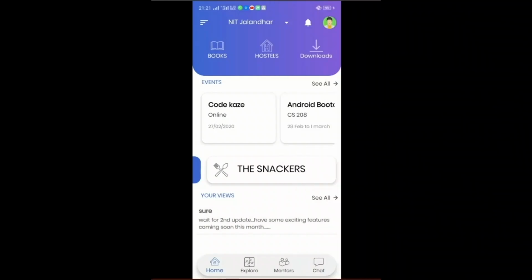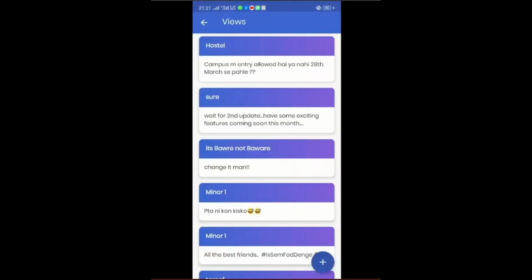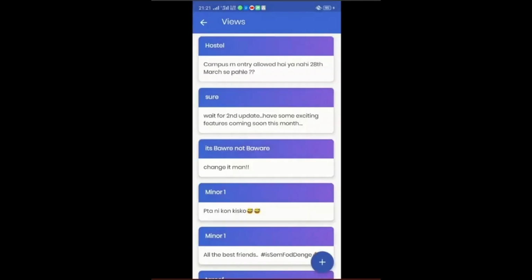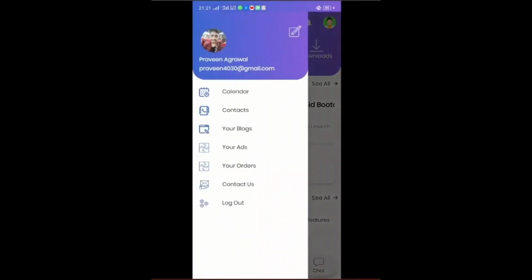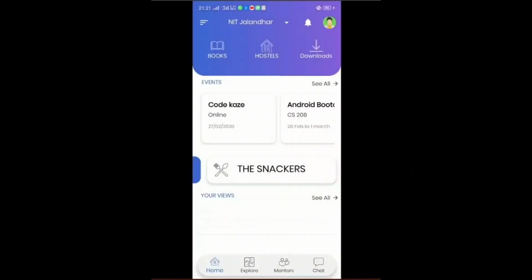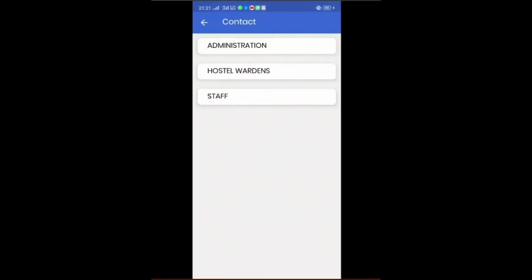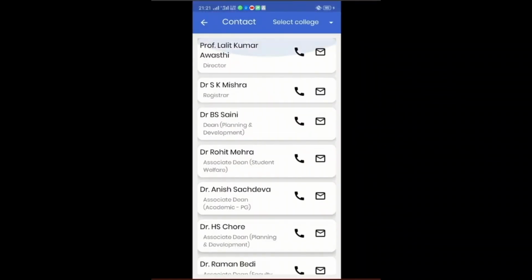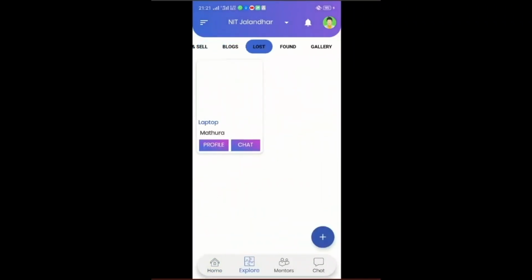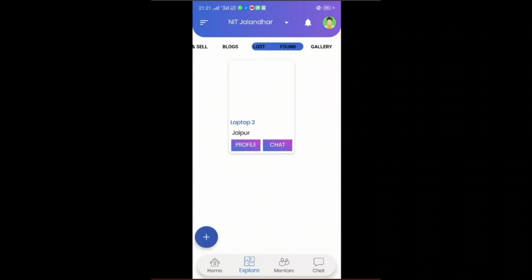Hello everyone. This is Praveen Agrawal, DSC core team member. Actually, the problem is colleges or campuses lack a platform where they can connect all the students together, irrespective of the stream or branch. They can provide all the services online present in the campus, like issuing an online gate pass, issuing a book from the library, downloading study material shared by teachers, or participating in upcoming events. Online ordering at canteens, buy and sell for old items, a lost and found feature. Like if someone lost their ATM during the event, then it will be easier for them to find it by posting it on our portal.